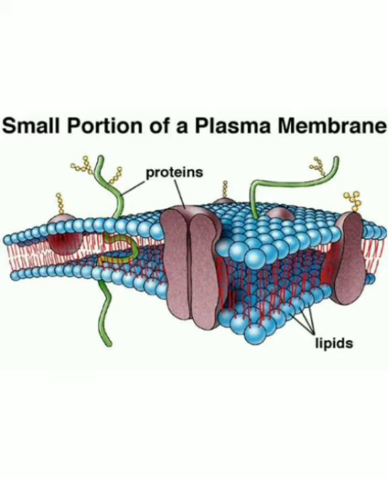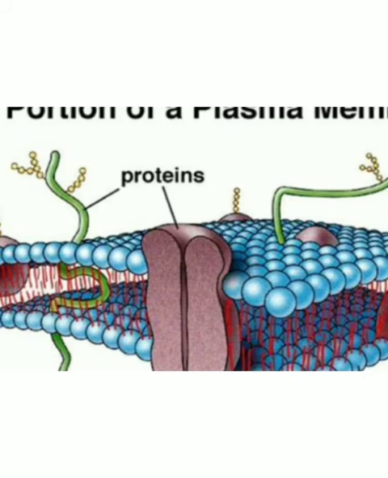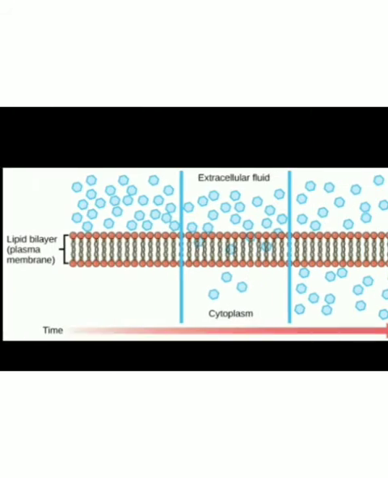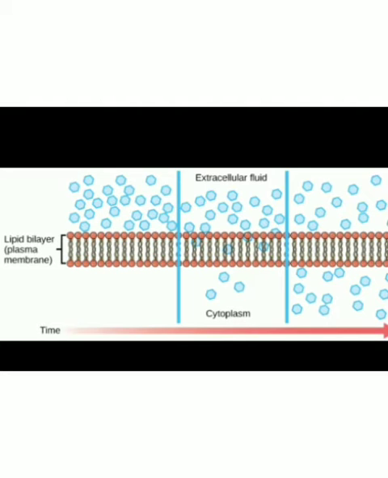Students, this is a small portion of a plasma membrane. When you see it under an electron microscope, you can see structures like this. One layer of the plasma membrane looks like this. It is made up of fats, proteins, and glucose molecules. Now let us see how the movement of substances takes place between the cell and the environment. For example, take carbon dioxide or oxygen. Some substances like carbon dioxide and oxygen can move across the cell membrane by a process called diffusion.